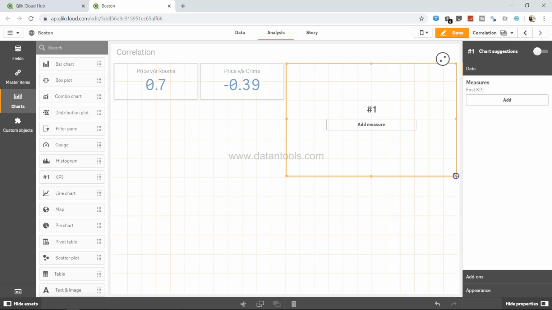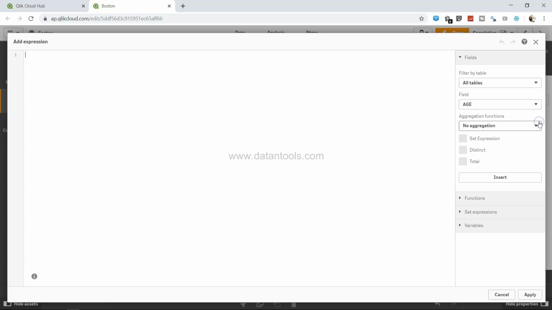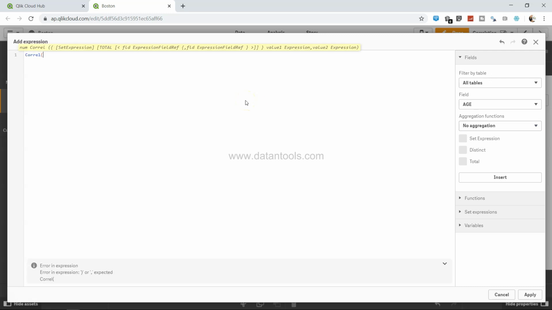Expand, remove that level of expansion, add the measure. So you can click over here, or you can click over here and then click on FX, correl, and then say the effect of NOx. So price, NOx,